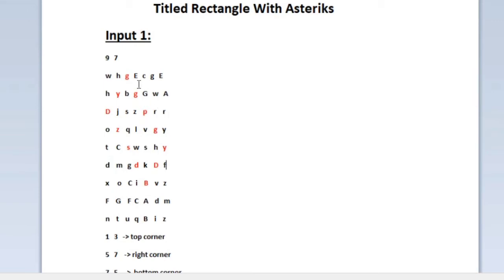This is our task, but we are given in the question to replace all the characters present in the border of the rectangle with asterisks. So all these highlighted characters must be updated into asterisks. That should be our final output matrix. That is our expected output also. So I am updating all the characters into asterisks.